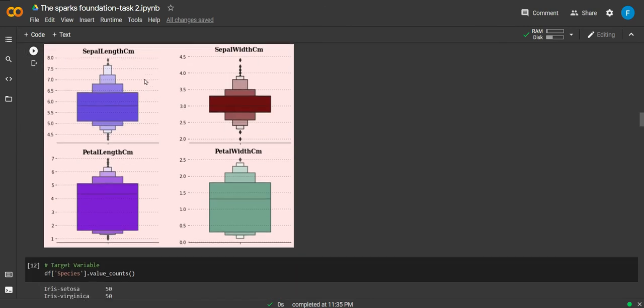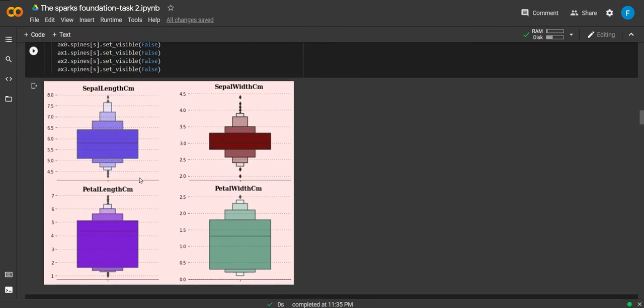After seeing the useful statistical data given by df.describe, I went on to visualizing the data. I've visualized the first four columns, that is sepal length, sepal width, petal length, and petal width. I've used the boxplot that is present in the Seaborn library. We could have even used the box plot in matplotlib.pyplot, but I prefer Seaborn because it gives more attractive plots. The boxplot gives us five major values: the minimum value, the maximum value, and the 25th, 50th, and 75th percentiles.